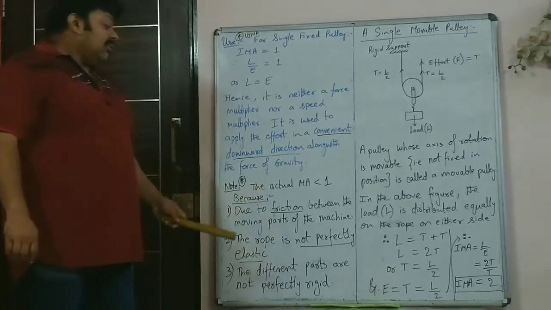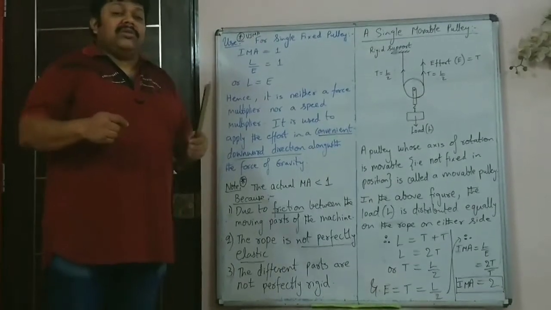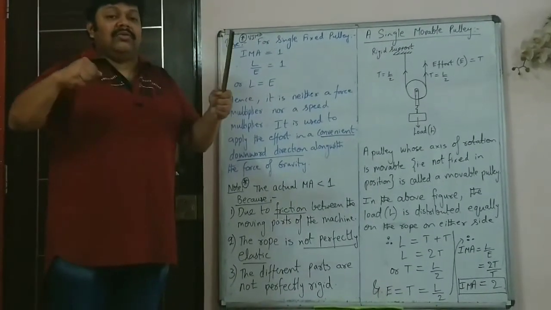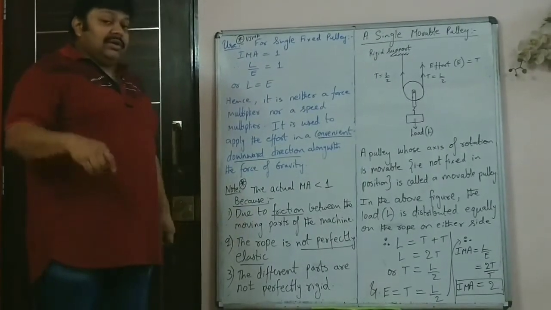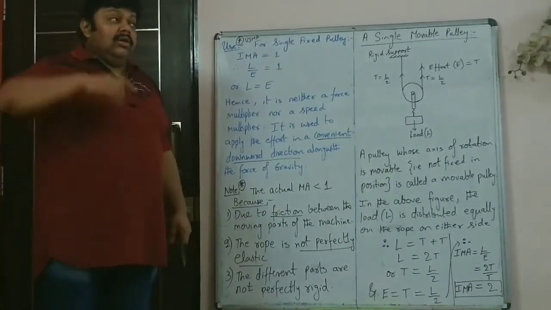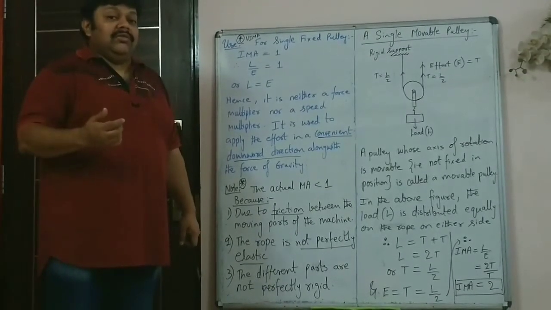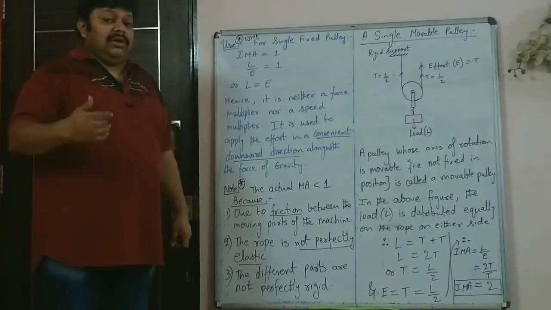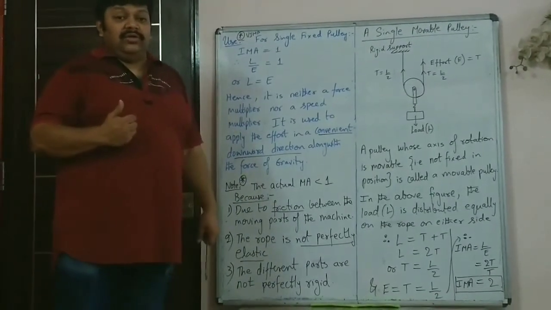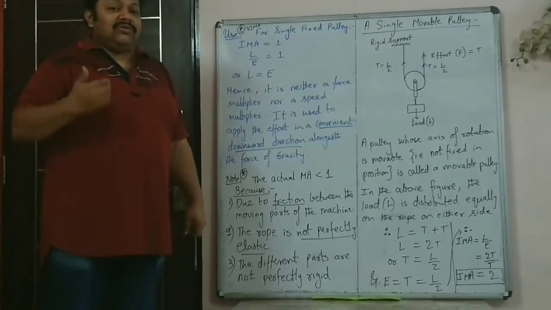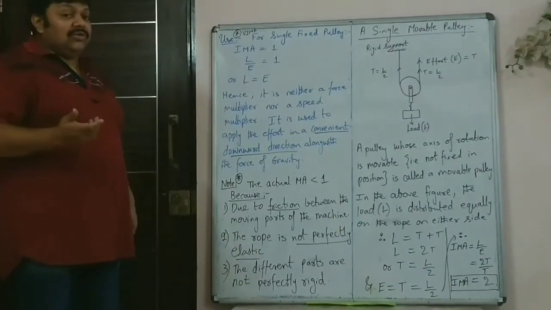The rope is not perfectly elastic. So that is why there will be some stretching and finally a part of the rope will break or give way. So that is why whether it is the rope of a pulley or in your lift which is used in your buildings, there are multiple ropes, around 4 ropes which are supporting the lift. Those ropes have to be changed over a period of time. They have to be maintained and they have to be changed.